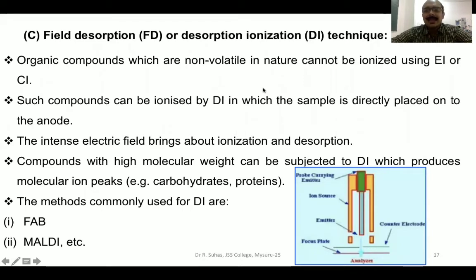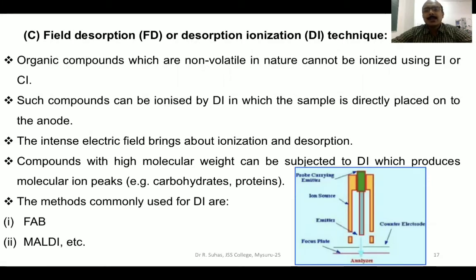So in EI and CI, you cannot use non-volatile samples or samples having very high molecular weight. With EI and CI, volatility matters because you subject the molecules to a vaporization chamber before they enter the ionization chamber. Hence, if the sample is non-volatile, even if you try to volatilize it, it will not undergo volatilization. Such samples can be easily subjected to FD or DI, wherein the molecule can undergo ionization easily, and such compounds can be ionized by DI